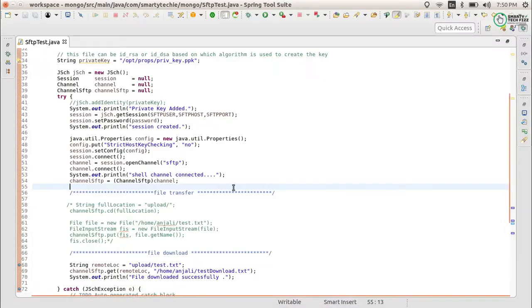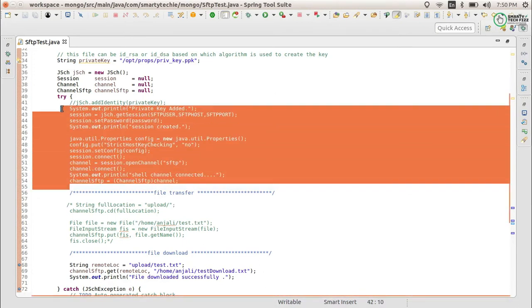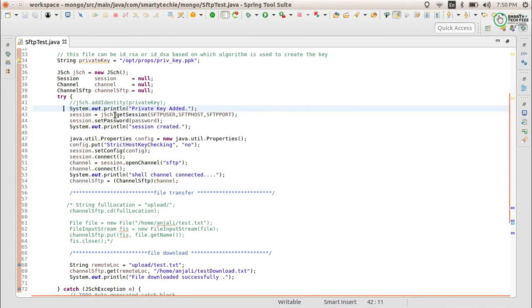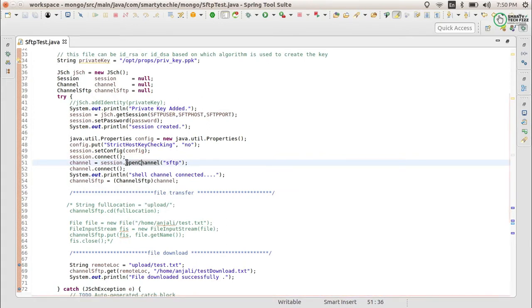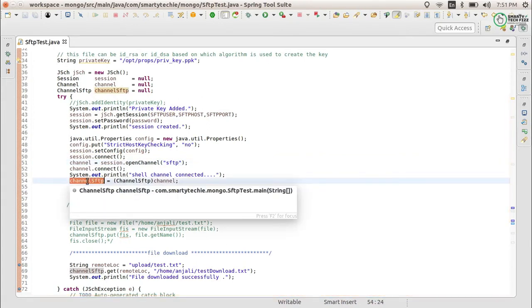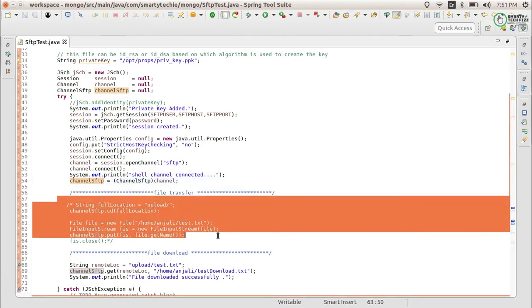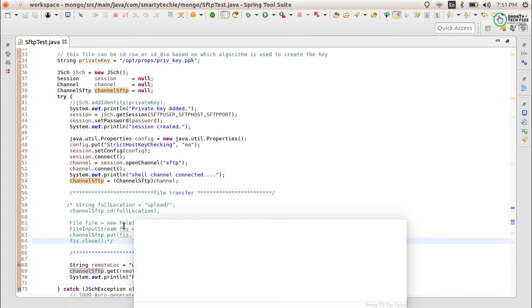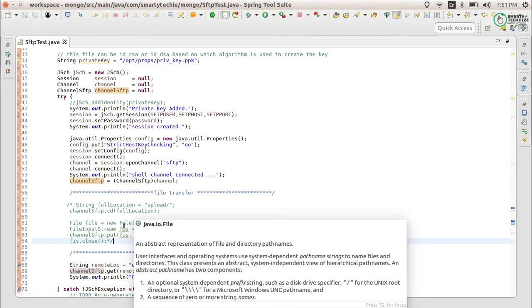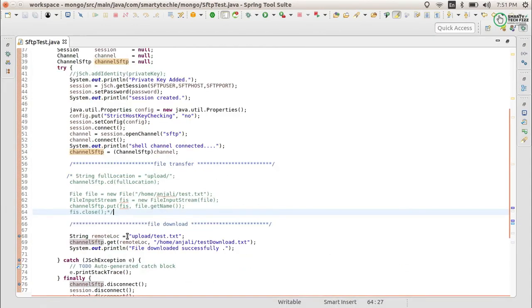So just a quick review of what we have done earlier. We have done the connection part, where we established the session, created the password, provided the properties, connected the session and got the SFTP channel. Using this channel SFTP, we will do all the operations. We are done with the file transfer part. You can see the previous part of this series; I will provide the link in the description as well, so you can go and watch it. I have explained it clearly in the previous video, so today we will only talk about the file download.